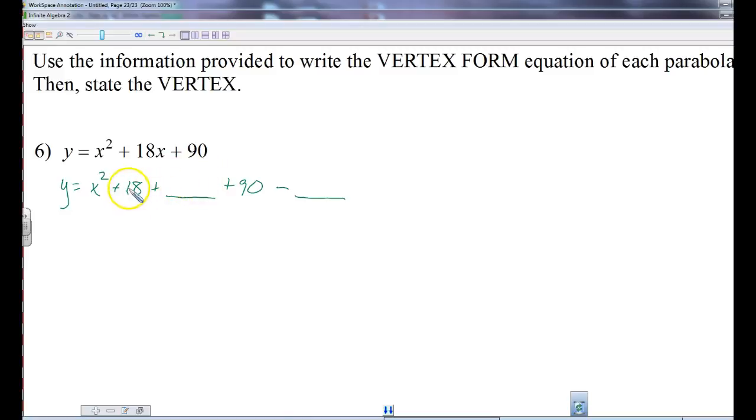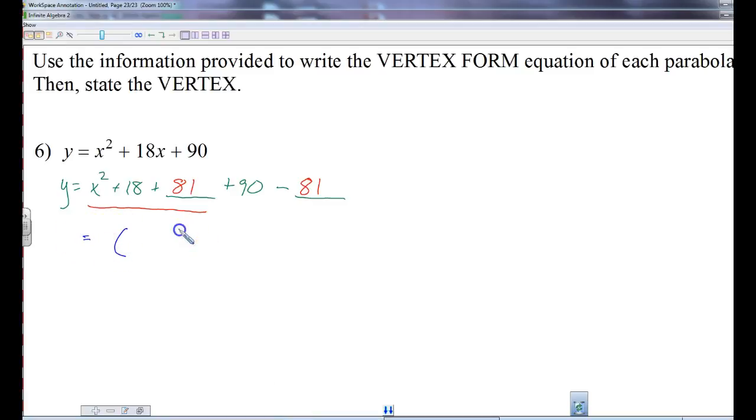We add half of this number squared. Half of 18 is 9. 9 squared is 81. So if I randomly add an 81, I got to subtract an 81 also so that this balances out. This now is our perfect square trinomial, which gives me